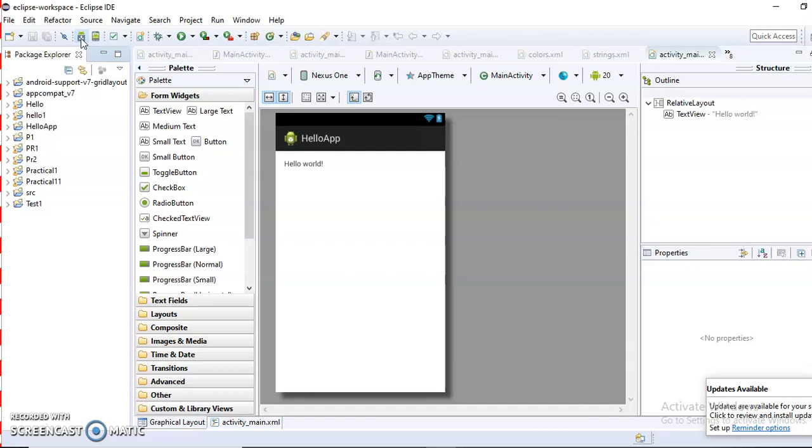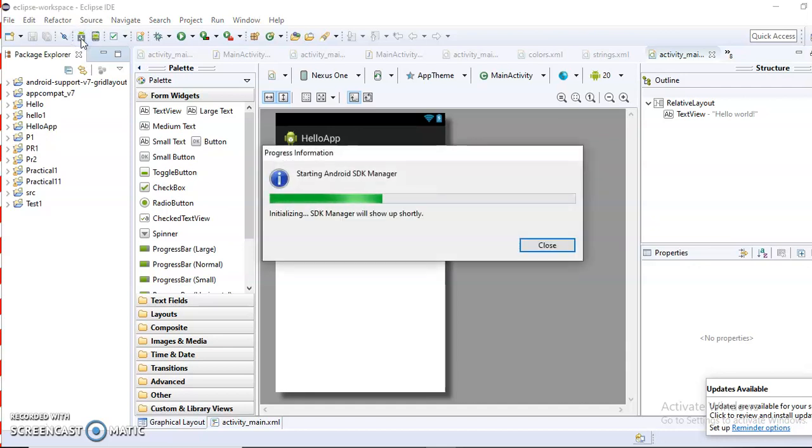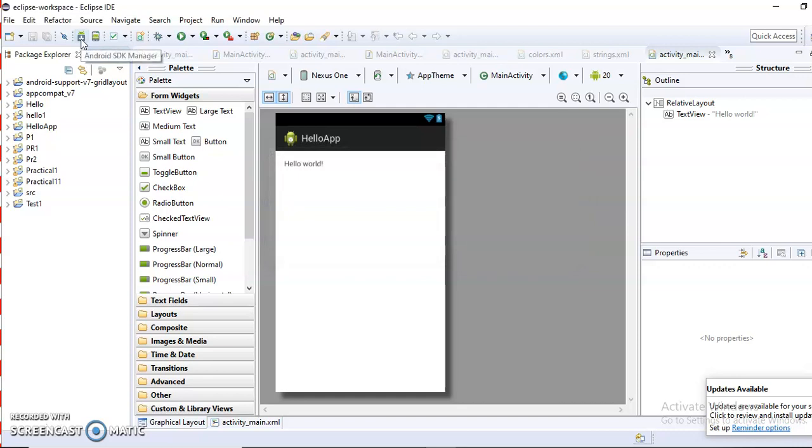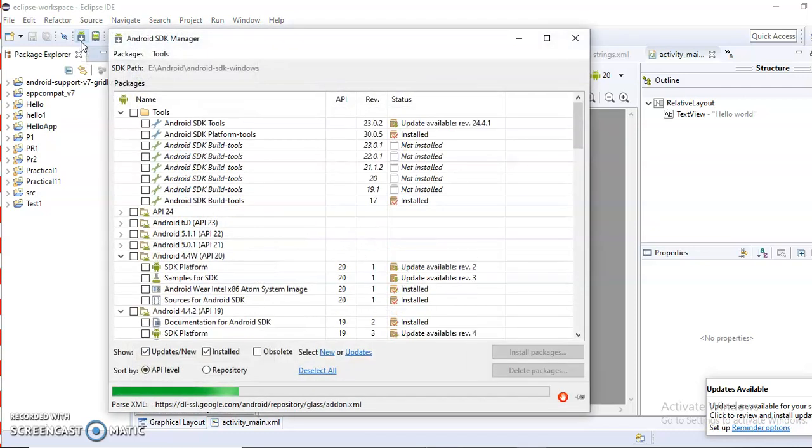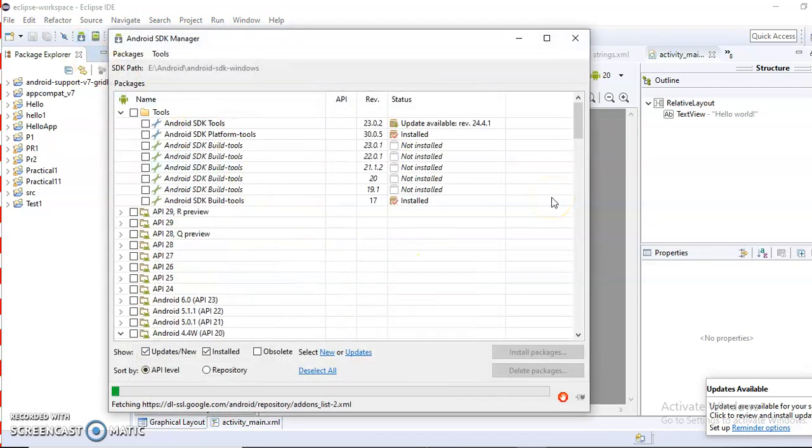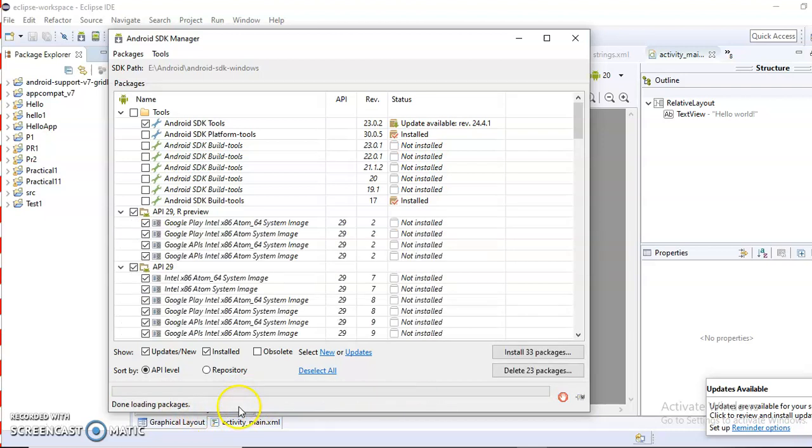Clicking on this button will open the Android SDK Manager. Here it will fetch the required updates from dl-ssl.google.com.